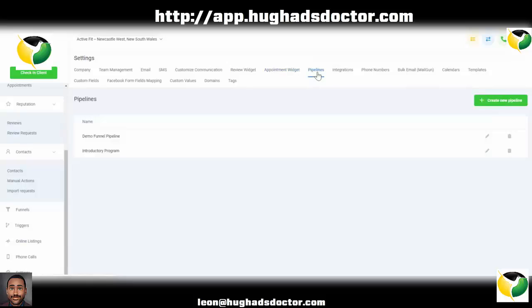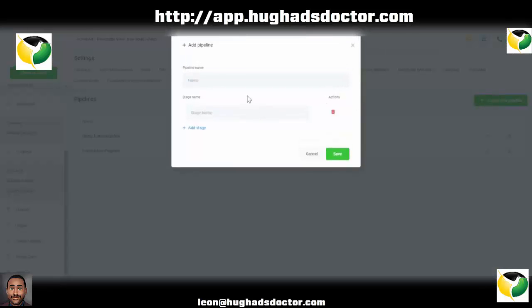Now, pipelines, you can just create your pipelines. You can create your pipelines from right here. So we're going to create this pipeline. Say this is going to be the name of the pipeline. And then we're going to create pipeline stages. And then we have the stages. So right here, we're going to look at,